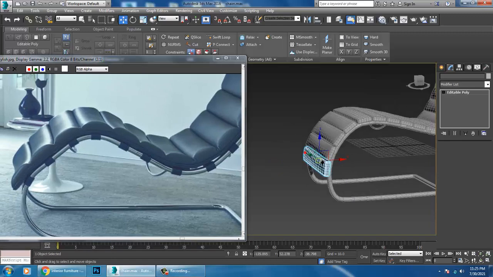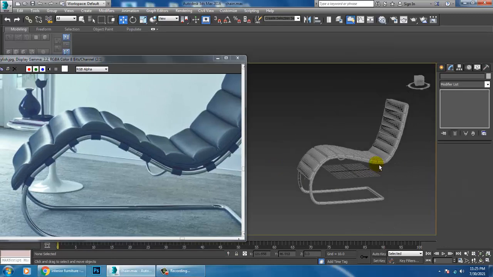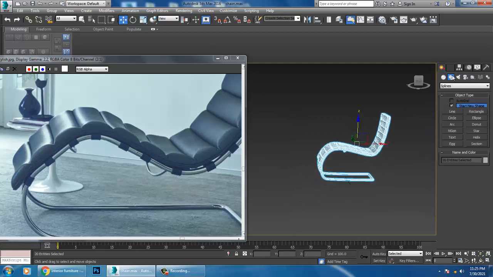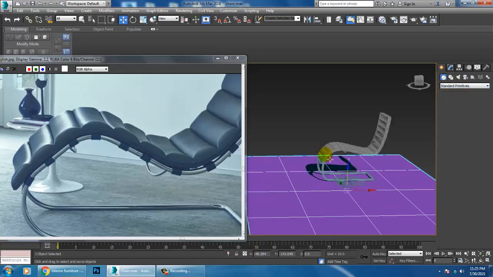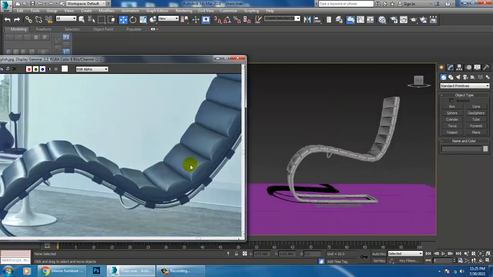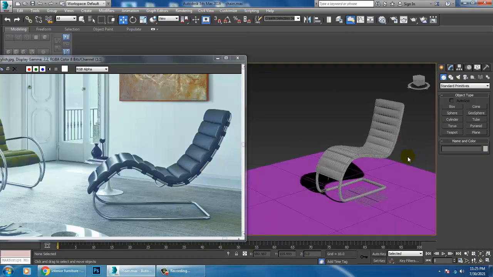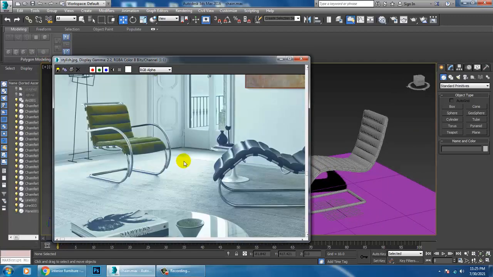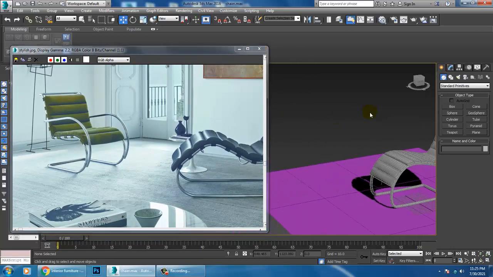If you feel that it's very high, you can reduce that. You can see, the same way you can model these details also.